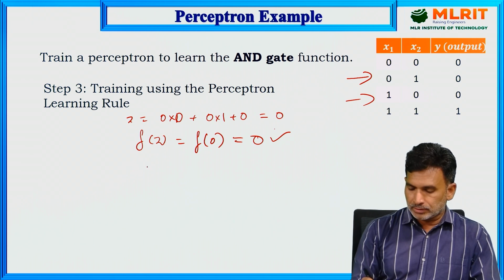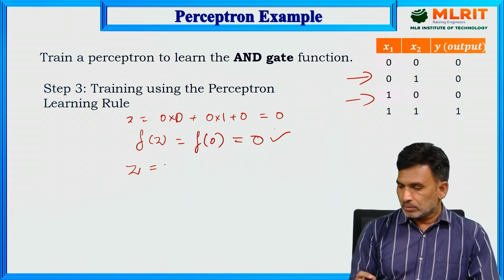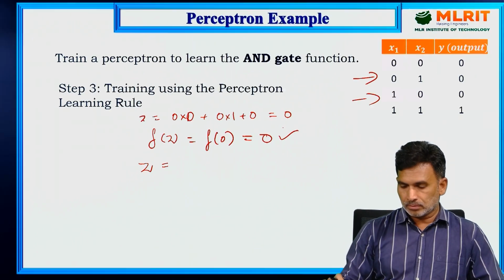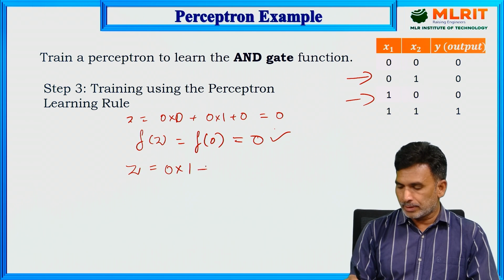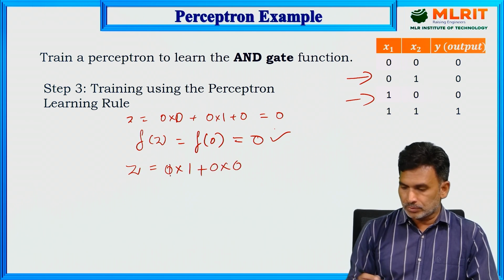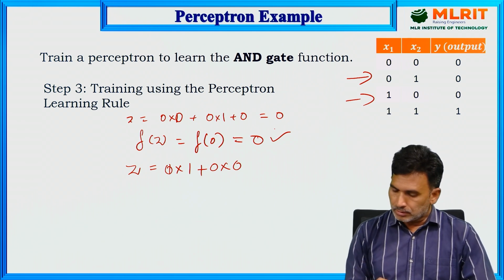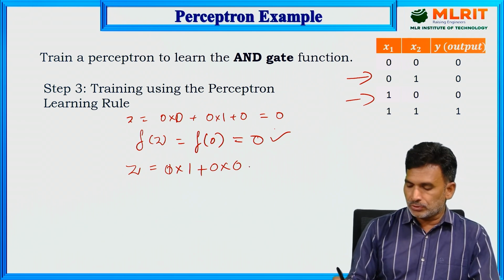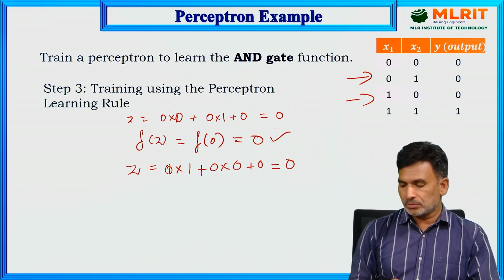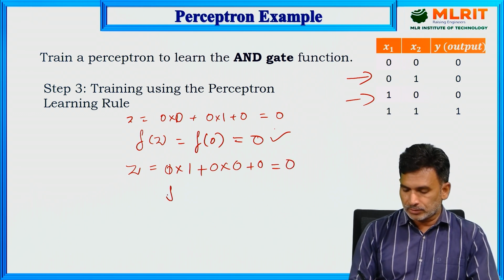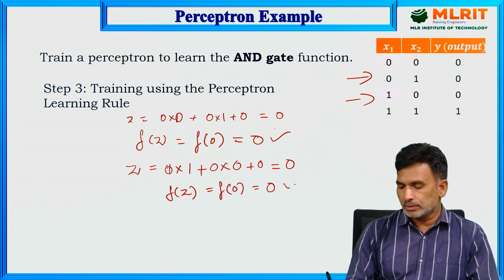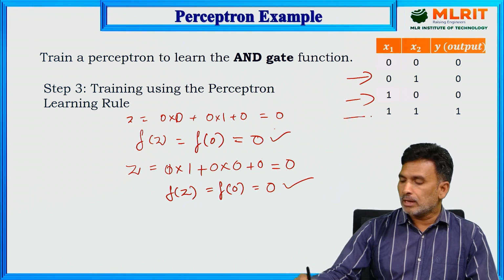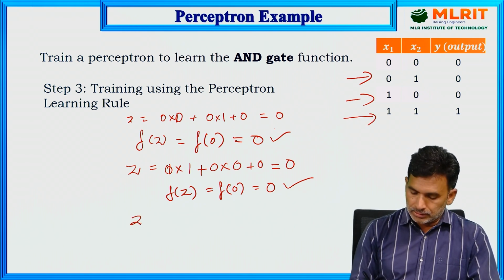In this case g equal to 0 times 1 plus 0 times 0 plus 0, that is equal to 0. So for this case also f of g, that is f of 0, equals 0, and this is also correctly predicted. And the last instance, if you take, g is equal to